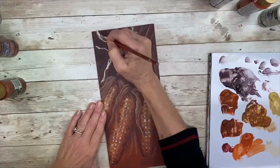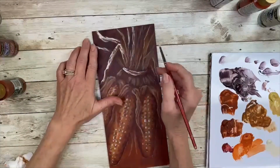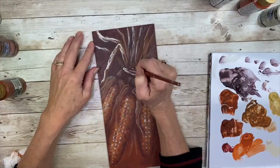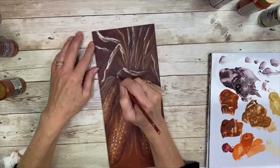And I'm just kind of going over to flatten that out and more or less dry brushing that to tone it down. But also when you dry brush, you get a really nice grainy texture, which is perfect for the husks because they have all those ridges running down. And don't forget down here, we can...